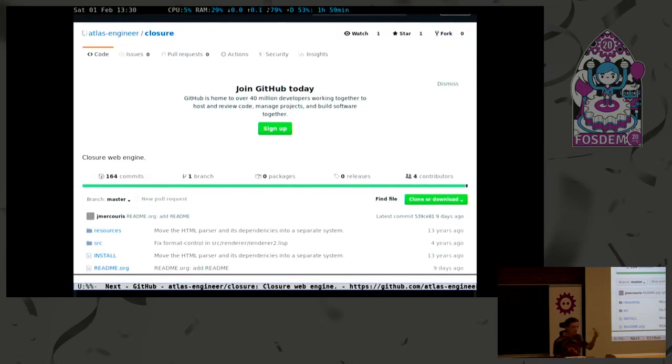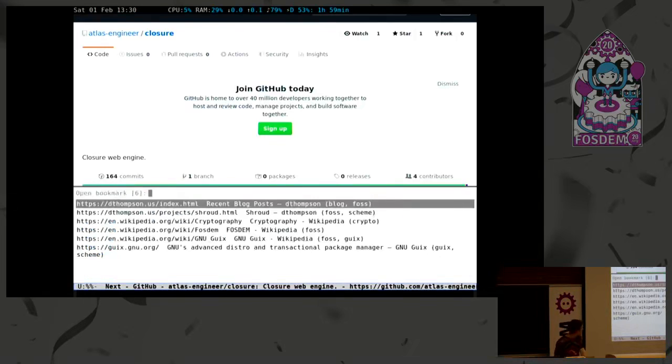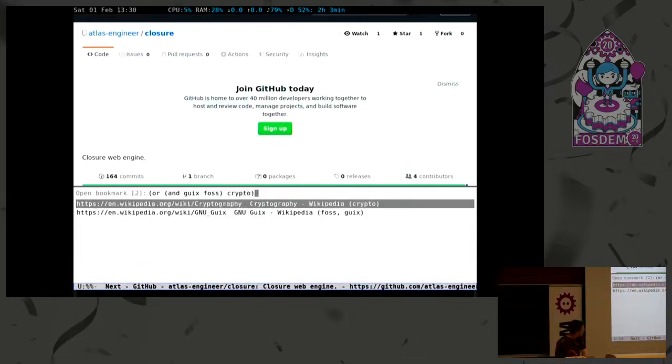Then next, I mean, I can go on and on. Let's say bookmarks. If I want to open my bookmarks, I can also fuzzy search them, and I can match against some tags. So if you look at the end of the lines here, the end of the candidates, if I want to match, say, against geeks and FOSS or crypto, I can start writing complex expressions like, and geeks, FOSS, crypto, and as soon as I close the parenthesis, I have matched exactly those two types of bookmarks.